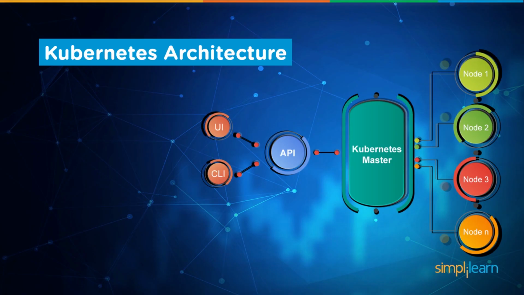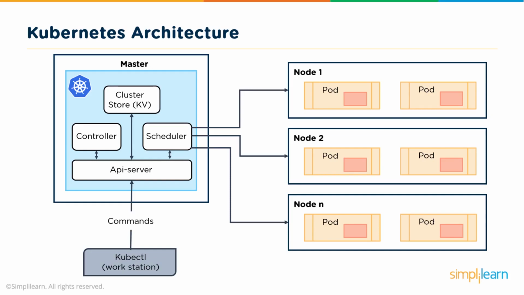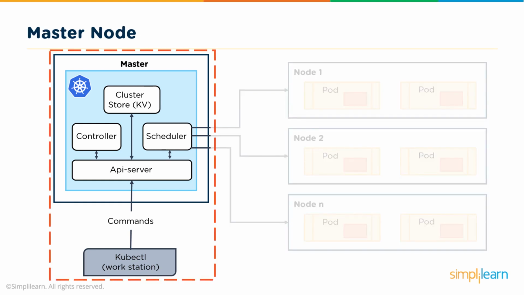So let's dive now into the actual architecture before we start looking at a use case of how Kubernetes is being employed. Again, we looked at this diagram at the beginning of the presentation, and there are really three key areas. There's the workstation where you develop your commands, and then you have your master environment, which controls the scheduling, the communication, and the actual commands that you have created, and pushes those out and manages the health of your entire node network. And each node has various pods. So we break this down.